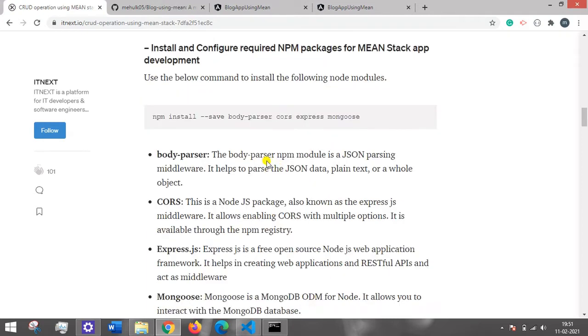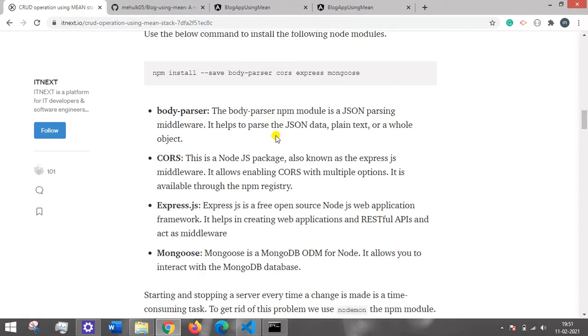Body-parser is used whenever you send any request with some data, to parse that data, and the data should specifically be JSON. So body-parser parses the JSON data coming with the request. CORS stands for cross-origin resource sharing. Whenever you are working with a front end and back end application, using two things at the same time, you need some data sharing from the front end to the back end, and these two things might be on different domains.